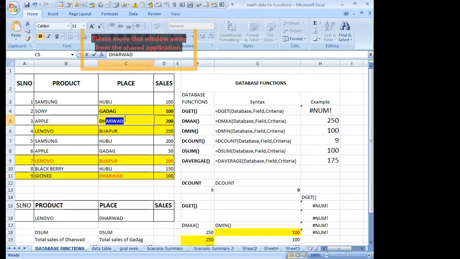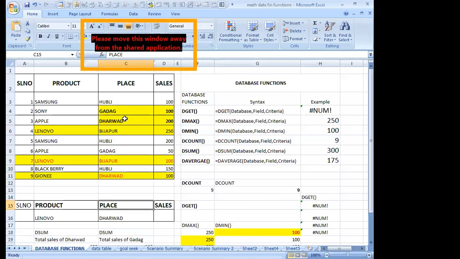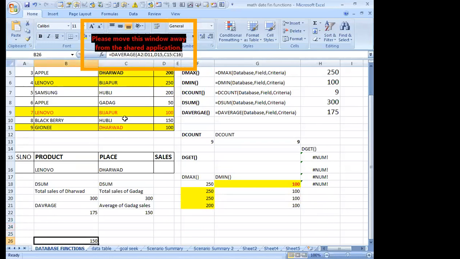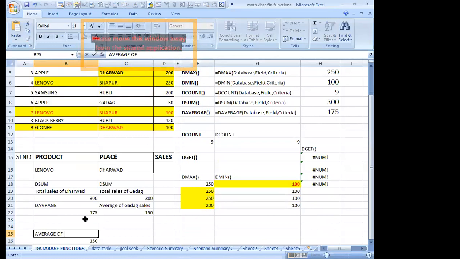If I'm changing, see the answer now, where we applied. Is it right? This is for where I have Dharwad, that is the place. So this is the average of Dharwad sales.